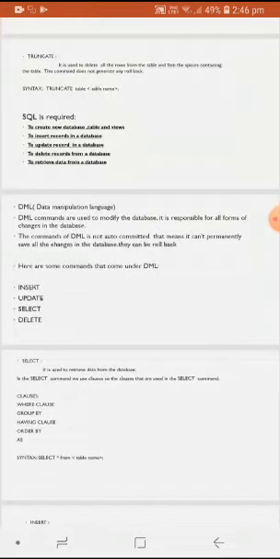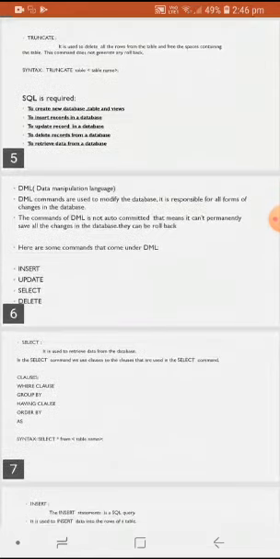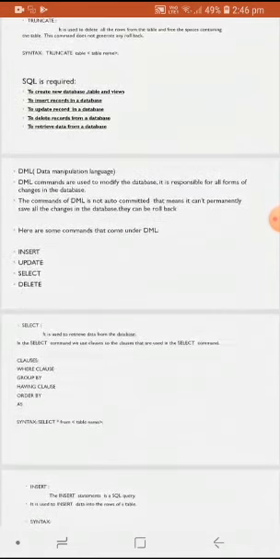To manipulate the database, you need to select, insert, delete or update. It is used to retrieve and manipulate the data in a database. And one more thing, data manipulation language performs read-only queries of the data. So this is about data manipulation language.